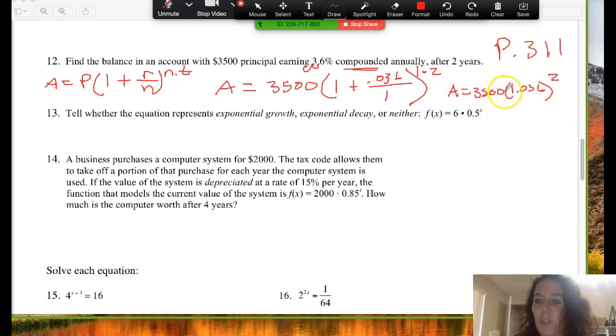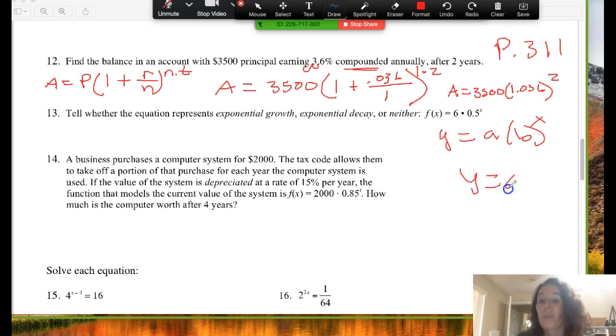I have an exponential function. Y equals the initial value times my base raised to a power. Y equals a times b to the x. Okay. Just like